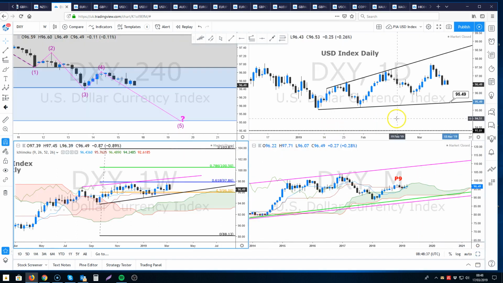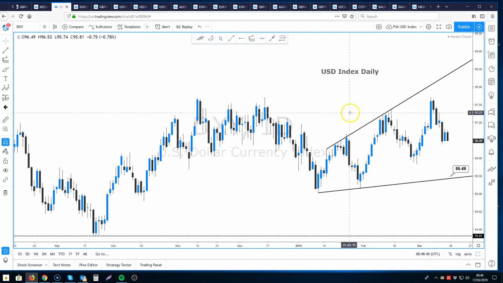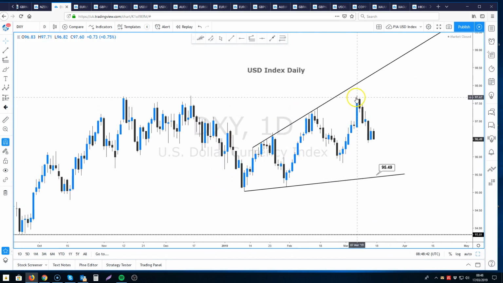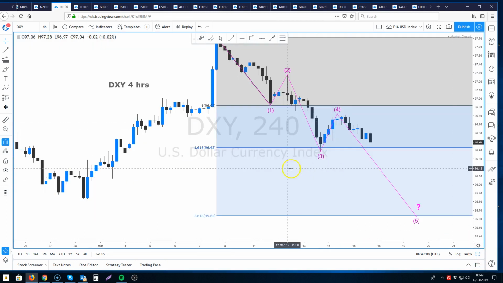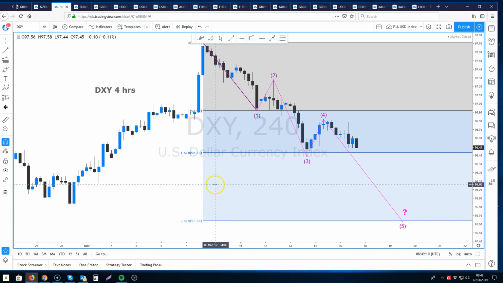If we go to the daily chart, mixed, volatile trading. Even though we posted that inside week, we can see quite an impulse move for the week before. The last 2 days, inside bars, inside soldiers. It's an expanding wedge formation, and an expanding wedge formation has a bias to break to the downside. Now, we could see a rally up towards that 61.8% Fibonacci level. However, when we're looking at the shorter time frame, this is the 4-hour chart, then it looks